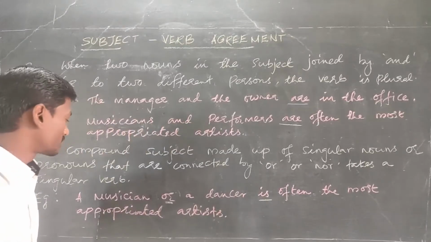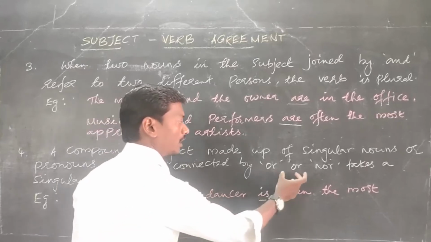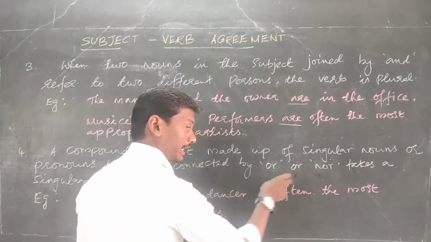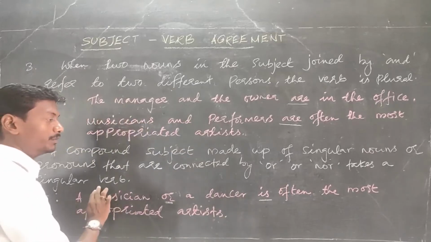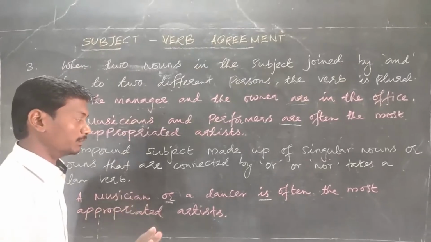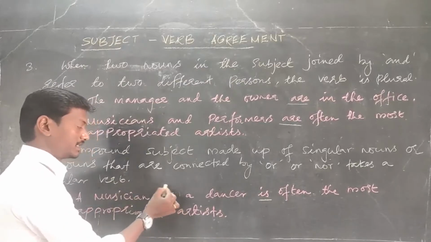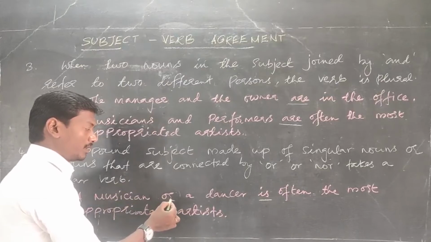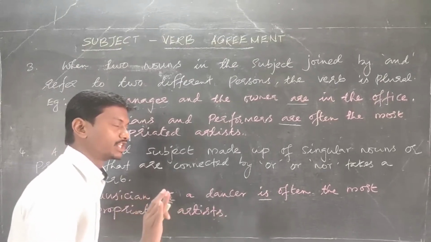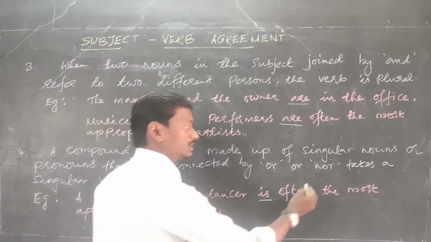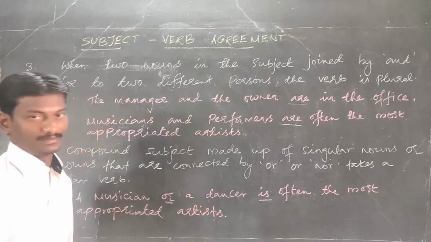So my dear students, in a sentence, or may come, we have to write only a singular verb, don't write a plural verb, because or is a linking word and a conjunction word. The linking word or only takes a singular verb. At the same time, nor takes only a singular verb, not a plural verb.